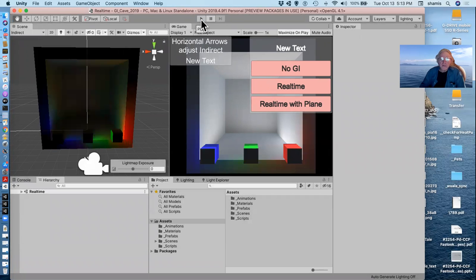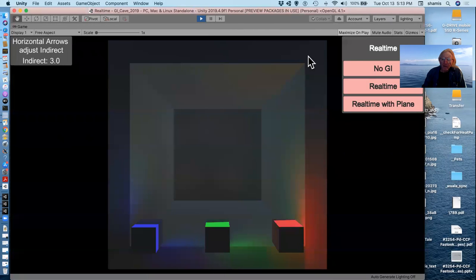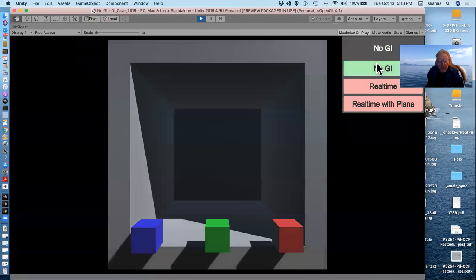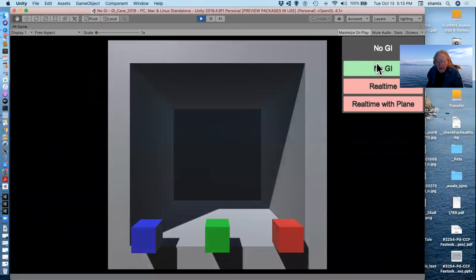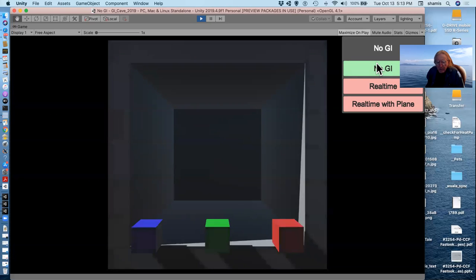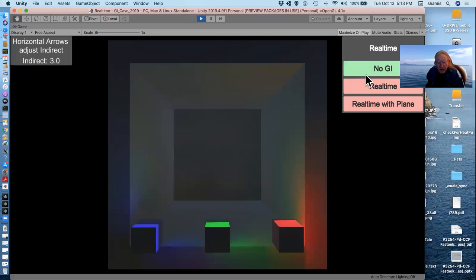So just letting this play. Letting this play now in full screen, first with no GI. So now there's no indirect lighting. This is just ambient light kind of inside the cube, and the objects that are directly illuminated, we get color. Switching to the real-time scene, and again,